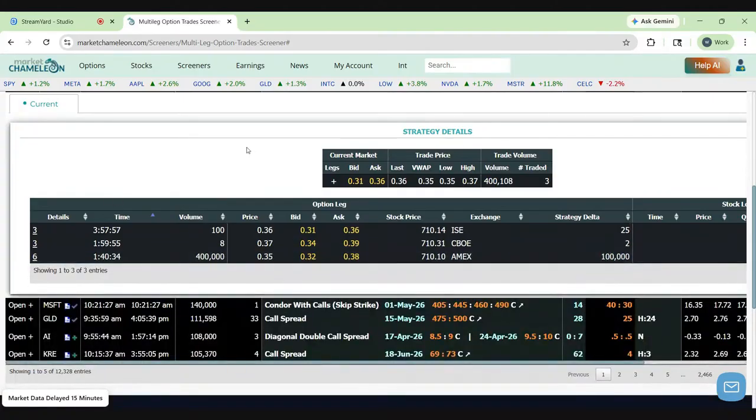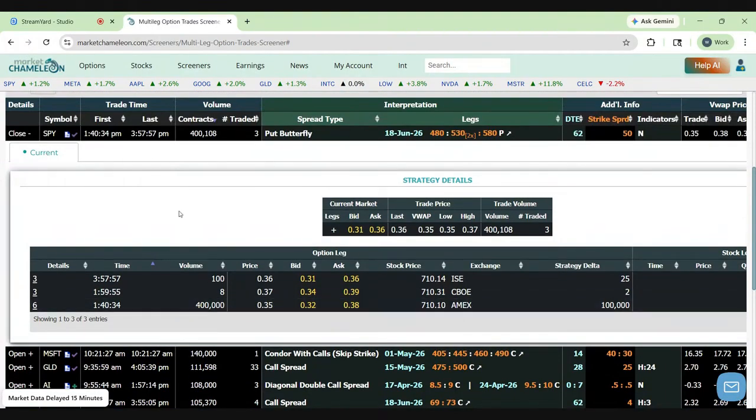So now that we see this big trade, the question, I guess, becomes, well, was this a new position opening? Was it a closing position? Was it perhaps a roll from certain strikes to other strikes? And that we don't know